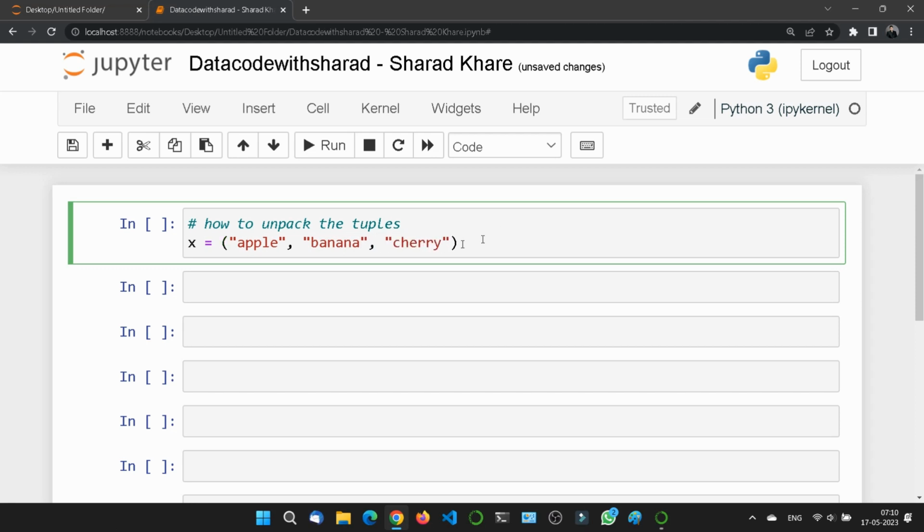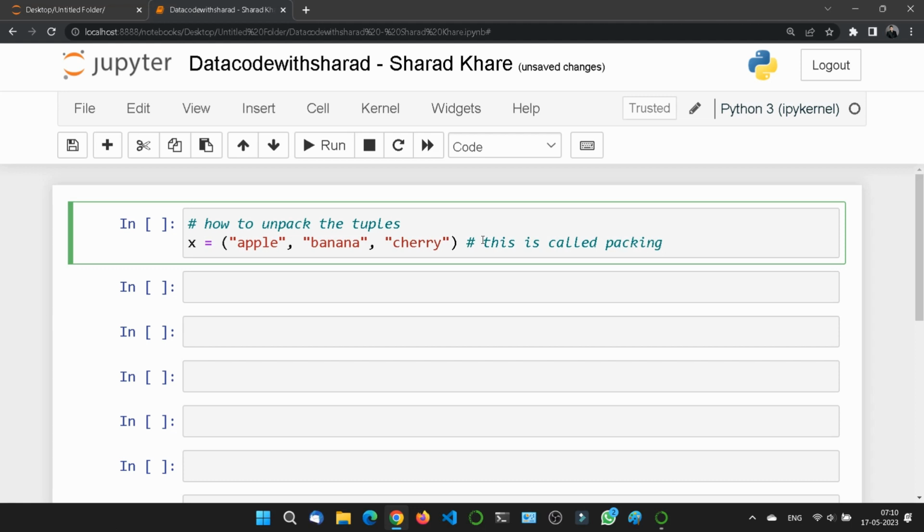Let me copy it so that I can use it for future reference. So here we have created a tuple and assigned values to it. This whole process of assigning is called packing. So what if I want to unpack it?